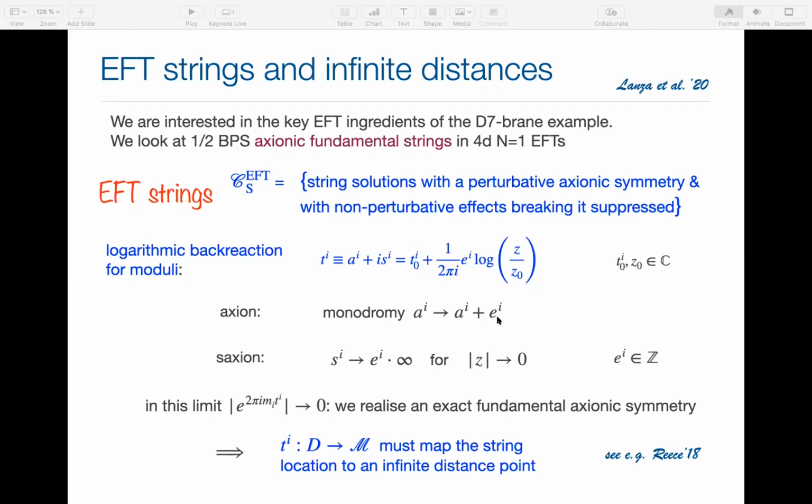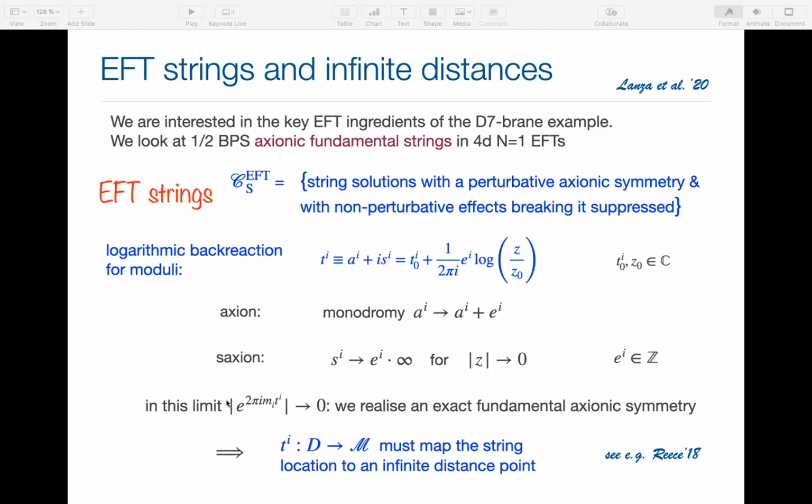This already implements what the behavior of the axion is, a monodromy, okay? That defines what the discrete charges of the string are. And then as the axion, well, as you approach Z going to 0, I'm going to place the string at the origin for simplicity, it will flow to some infinite value, okay? And in this limit, because the non-perturbative corrections are going to be of this sort,